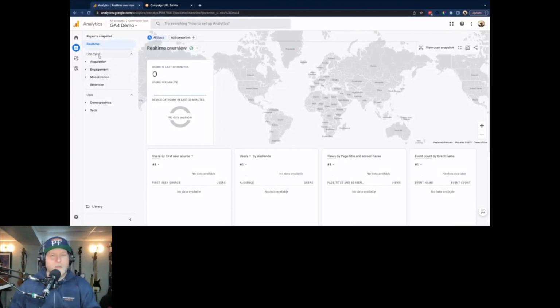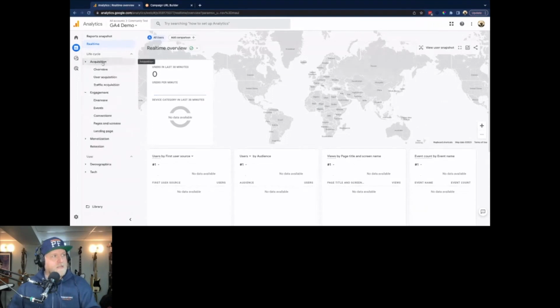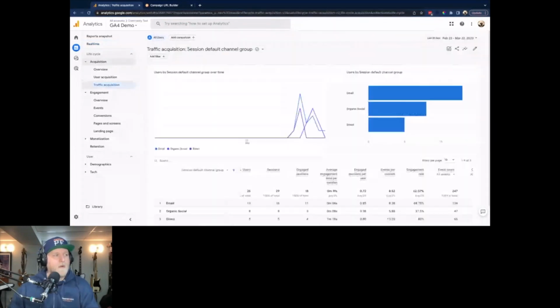But where you're probably going to spend most of your time, certainly with this initial look around and pulling out some very basic data, is going to be in these life cycle reports. So we've got some actually pretty useful built-in life cycle reports that we can take a look at. What I like to do for some of the real basic reports that I'm building for my community and giving information to my manager and my executive is take a look at this traffic acquisition report here, and that's going to give me info on stuff like